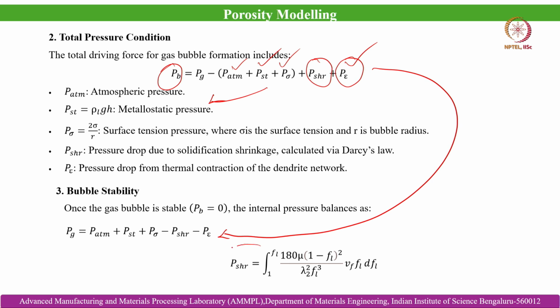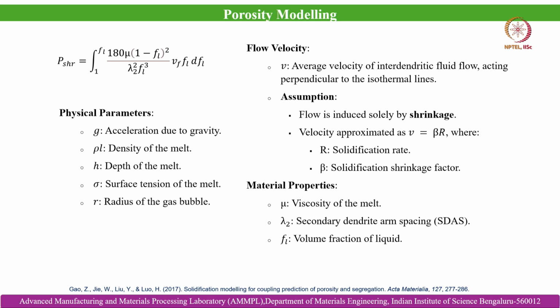wherein P shrinkage can be defined as the integration from 1 to Fl of 180 mu (1 minus Fl) squared by lambda 2 squared into Fl cubed into Vf Fl dFl. Lambda 2 is the secondary dendrite arm spacing, as we already said that lambda 1 is the primary dendrite arm spacing. So, this is how we can define the shrinkage pressure, and then we can further simplify the expression like